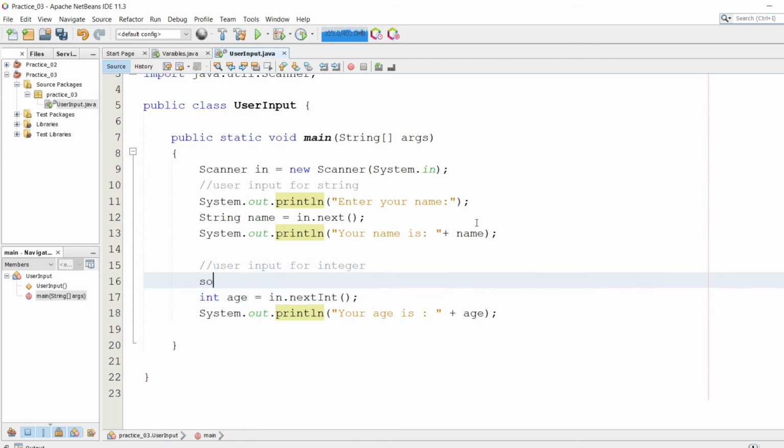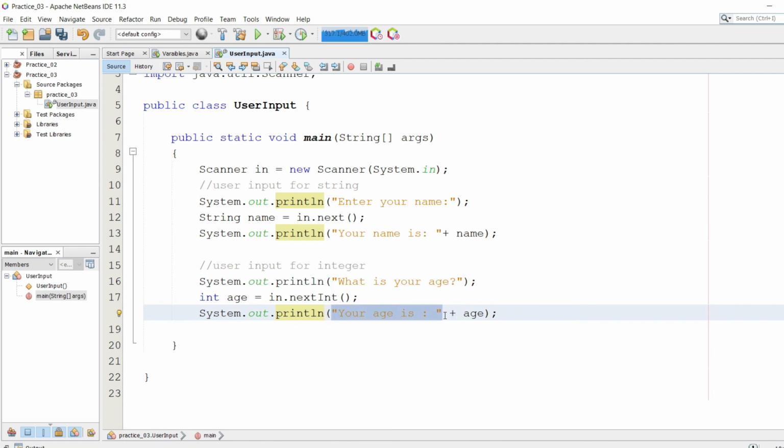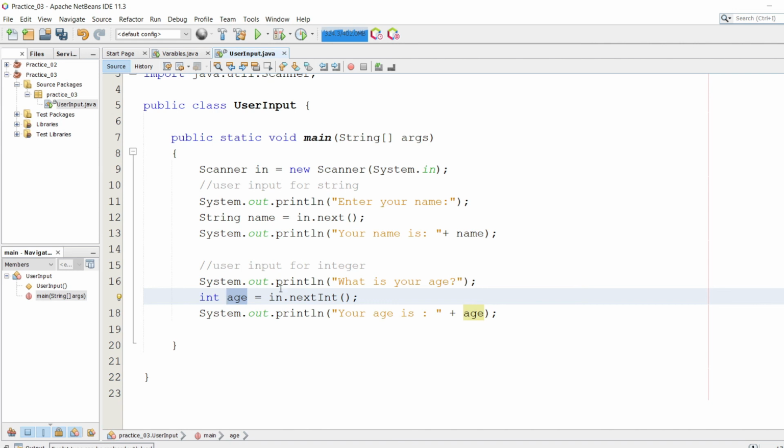Let's ask here for user input information. What is your age? This plus sign simply means concatenation, as this is the string that we're going to see in the console, and this is the variable. Whenever the user gives input as an integer value, it simply stores in this variable and it prints here.